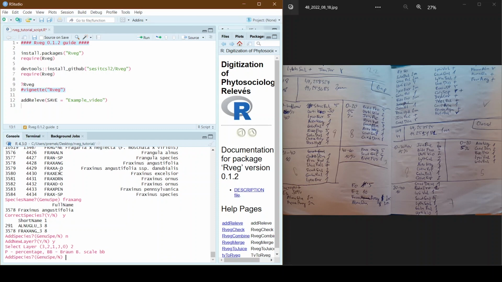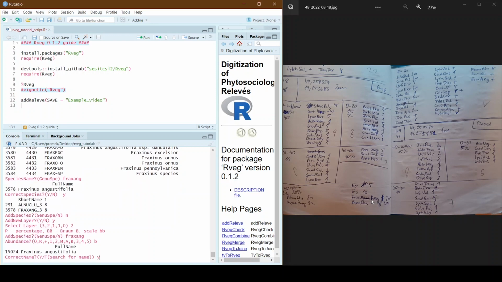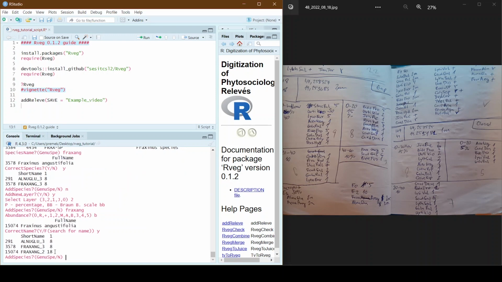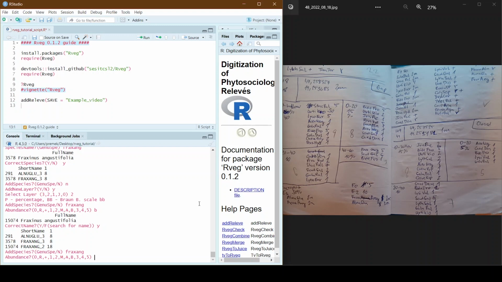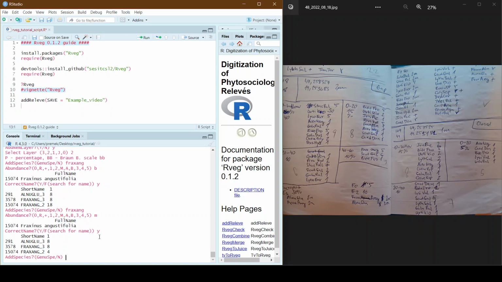So let's try that. Now I'm writing Fraxinus angustifolia into the shrub layer, and I know it should be 2M, but I can make a mistake here and I will write B. So now I see the cover is much more than it should be. So an easy way to fix it is just to write the species and it will rewrite itself again. So now I'm writing M, and as you can see the coverage changed.